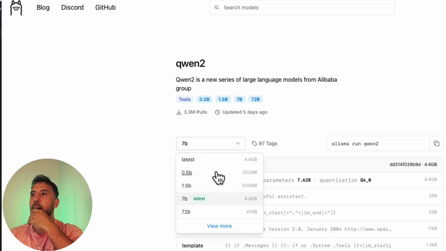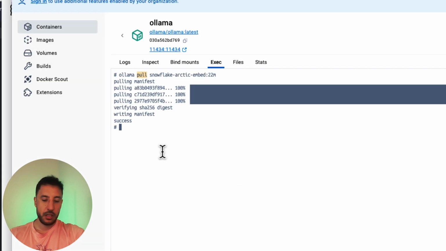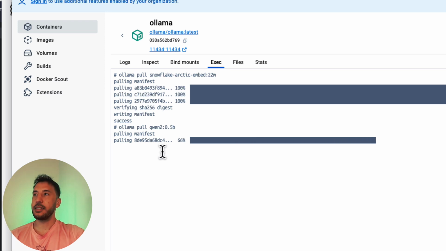I want to add, let's say, this super small 0.5 billion parameter, right? So all I have to do is it says ollama run qwen2:0.5b, right? So I'm just going to copy this and go back to my desktop and say ollama pull and paste that model. Press enter, and now it's going to pull that large language model that exists inside the Ollama platform.